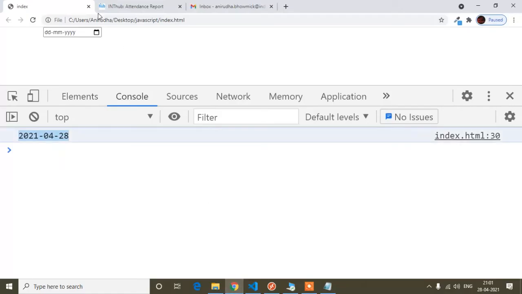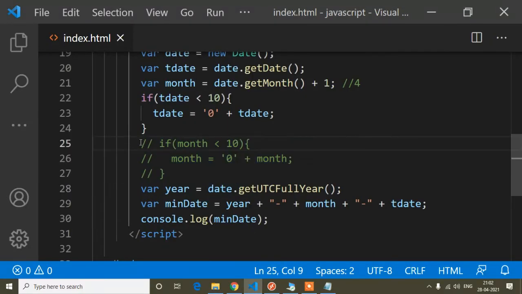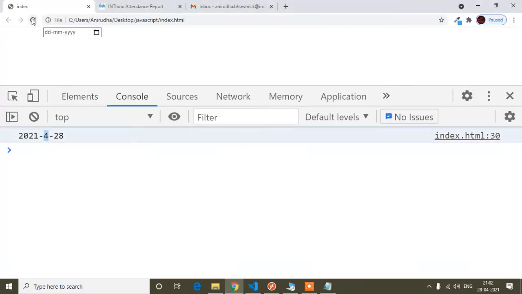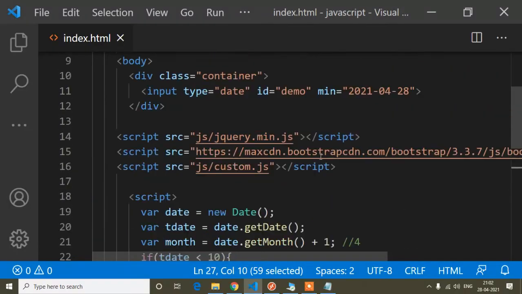So now refresh. So you can see now I'm getting only 4, because the 4 is less than 2 characters. So that time it's not adding 0 because I have commented this condition. If I open this condition and check again, you can see I'm getting this one. So now I'm getting the correct format.